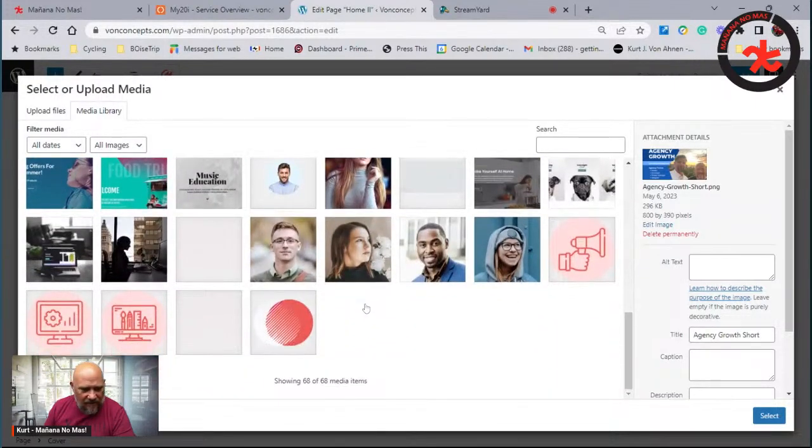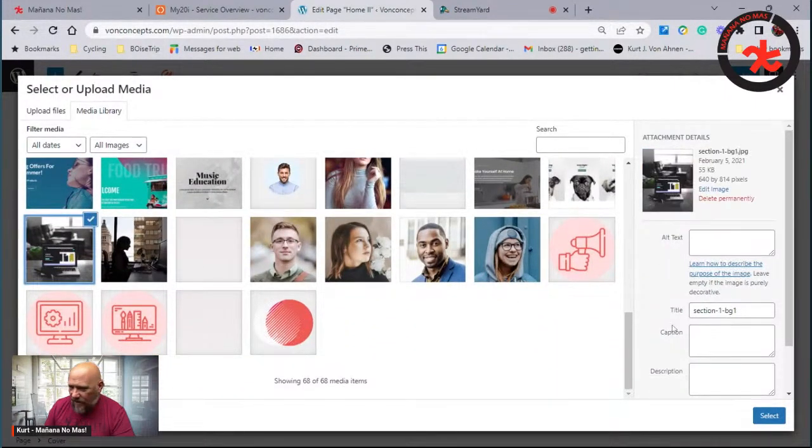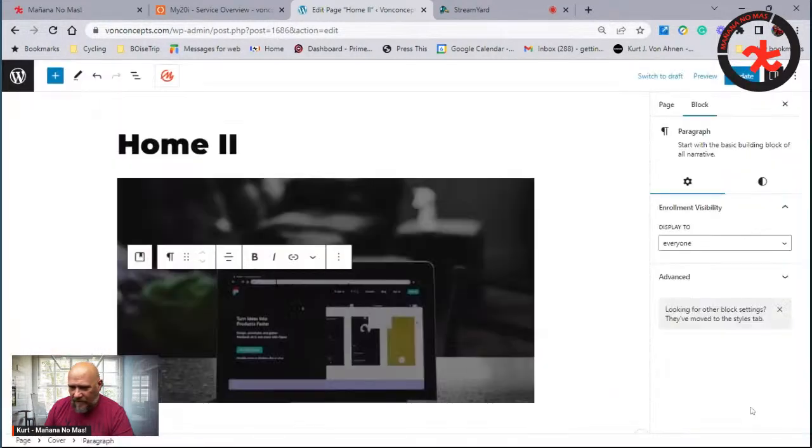Let's pick, because I want to show you something different. So let's pick this computer one. See, and what that does is it lays over in the cover format what we are working with. Okay, so now if I want to add a heading in here, I can say,